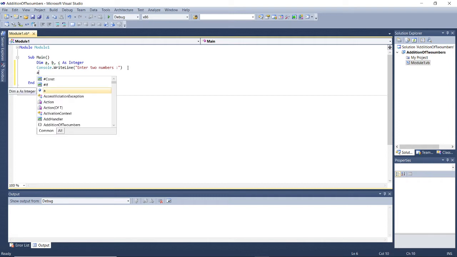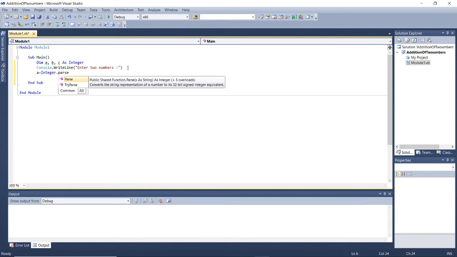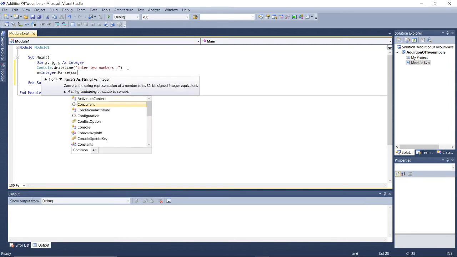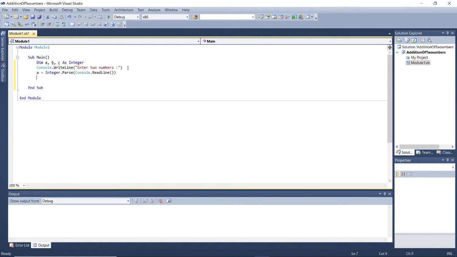First of all, a is equal to Integer.Parse of Console.ReadLine. Whatever values are entered after executing the program are in string format, and this statement converts that value from string to integer and then stores it into a.